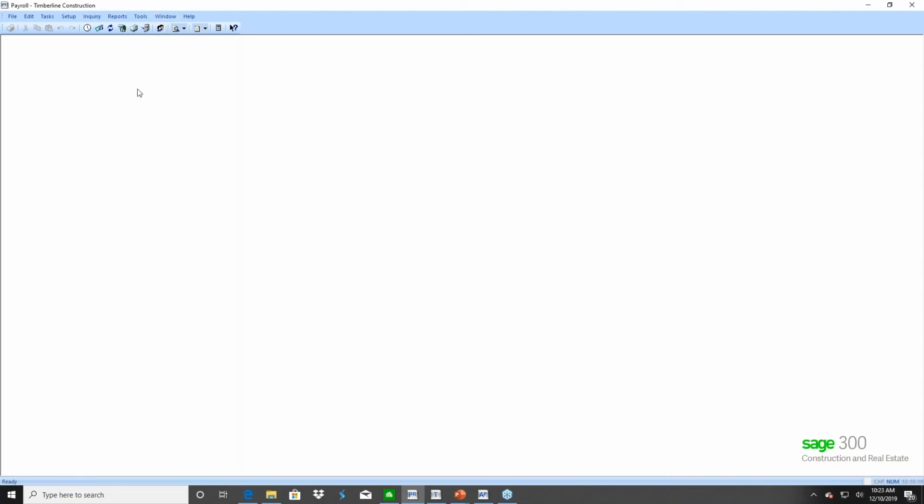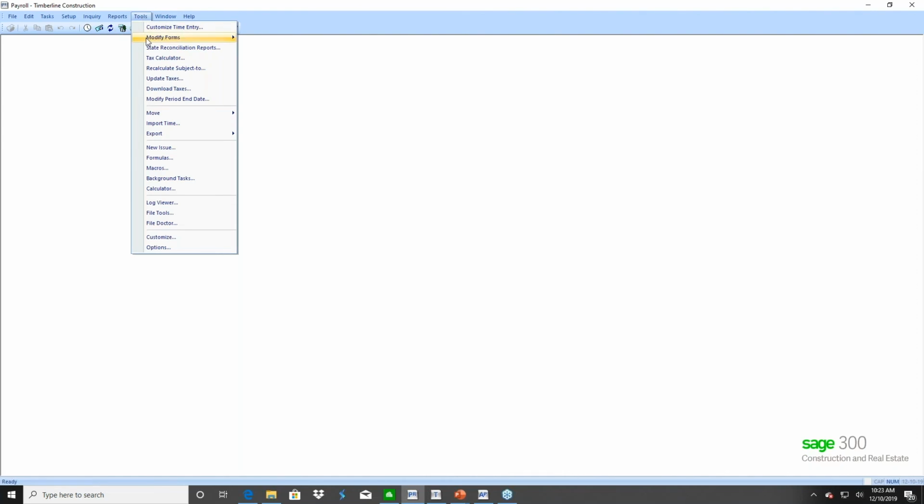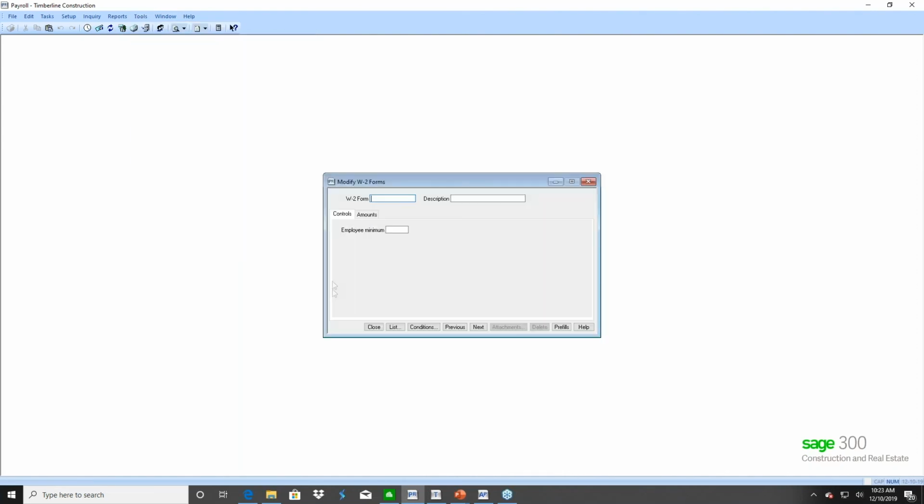Aatrix does use the W2 form that you create and modify within Sage. So the first thing you need to do is come in under Tools, Modify Forms, W2 Forms. The software comes with a default form, so you can go ahead and use that. The only thing that you'll need to do here is put your minimum in. You don't want to print forms for anybody that doesn't have